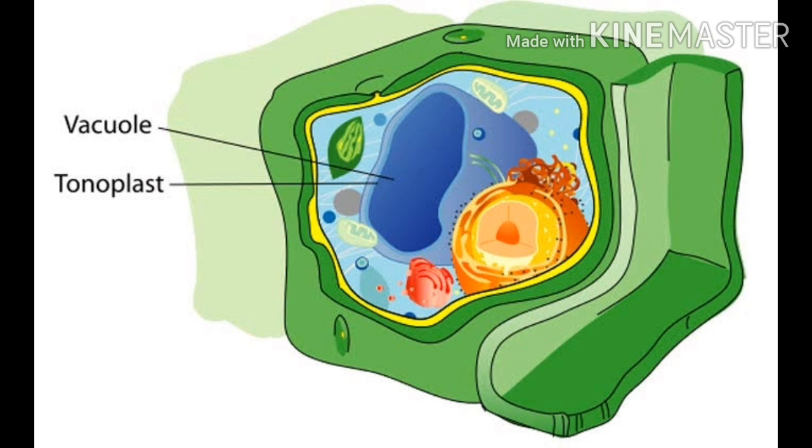Now next, like in an onion cell, a plant cell may show a single large vacuole called a centralized vacuole. In the case of the onion, one large vacuole is present, that is known as the centralized vacuole. Vacuoles occupy between 30% to 90% of the total volume of the cell. Whatever the volume of the cell is, 30% to 90% of the volume is covered by the vacuole only.